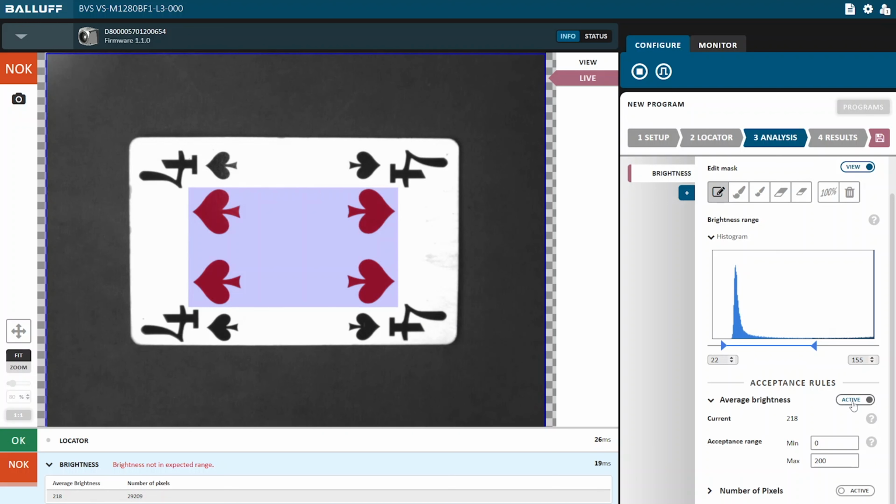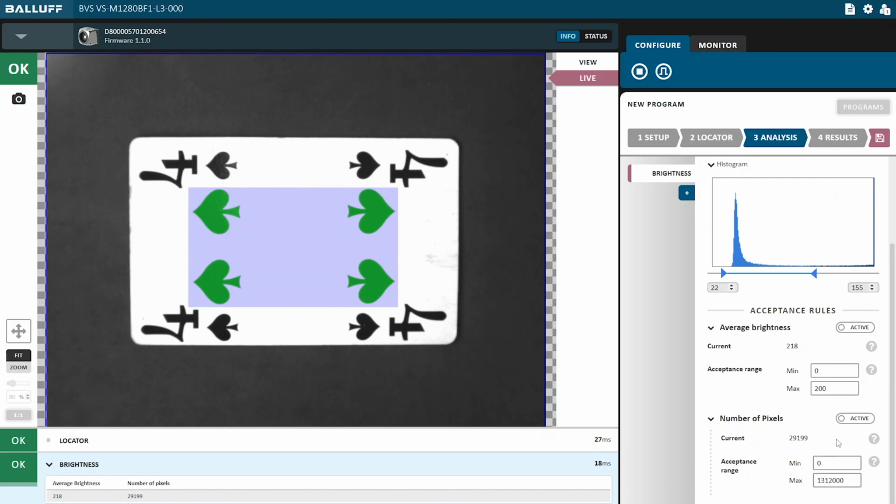In our case, the average brightness is not perfect for detecting the 3 spades, so let's look at the next acceptance rule. The number of pixels is computed for every pixel within the mask region that fits in between the defined histogram range. You can see the current amount and define a minimum and maximum criteria for the OK and not OK case like before. As you can see, the pixel count is very accurate in that case, because it is defined by the histogram